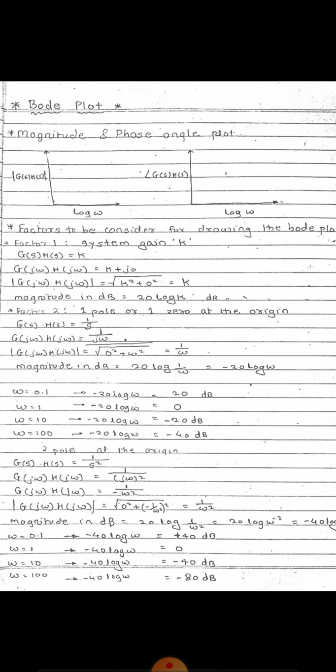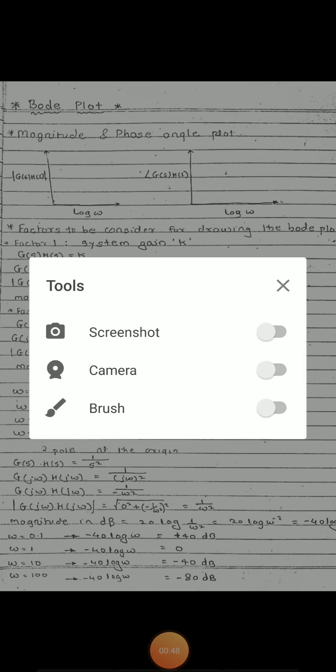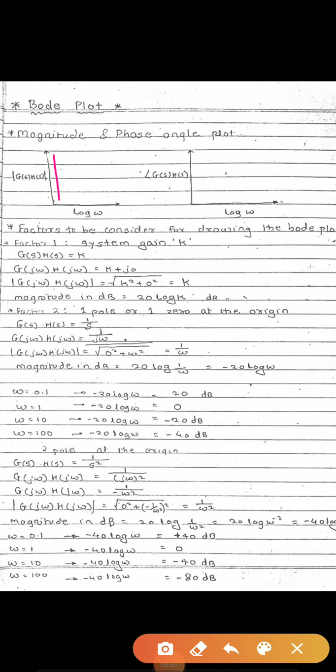The magnitude is expressed in logarithmic value against logarithmic values of frequency, called the magnitude plot, whereas the phase angle is in degrees against logarithmic values of frequency, called the phase angle plot. You can see here, this is the magnitude plot, this is the phase angle plot, right? So if you have a transfer function K divided by s of s plus 1.